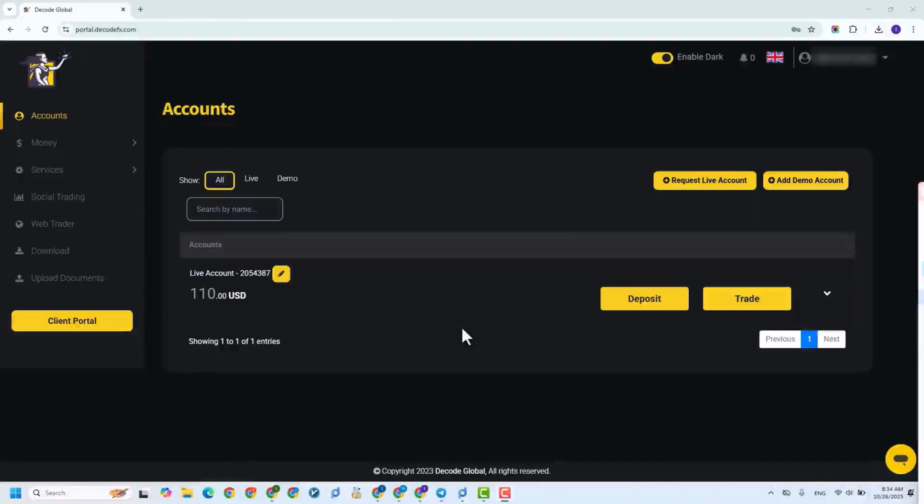Hello friends, in this video we intend to show you how to withdraw Tether via the ERC20 network on the Decode FX broker step by step. When we log in and access the trading dashboard on this broker, in the section for our desired trading account,